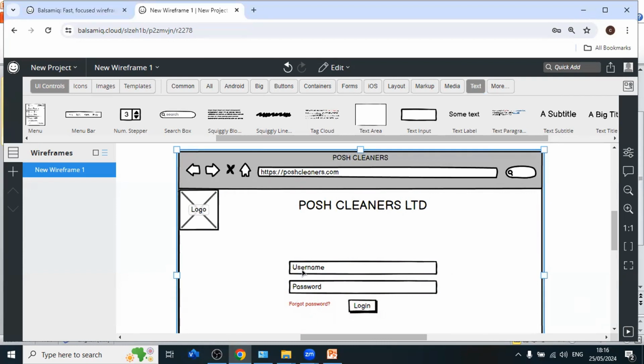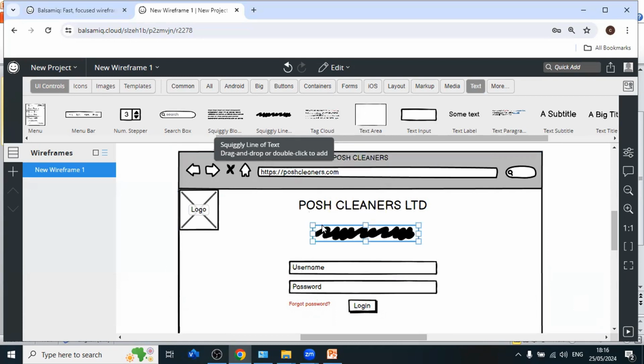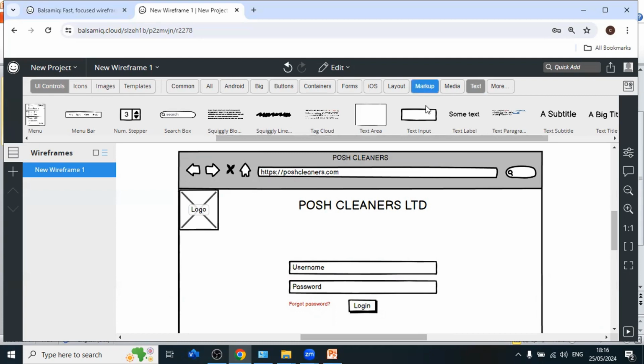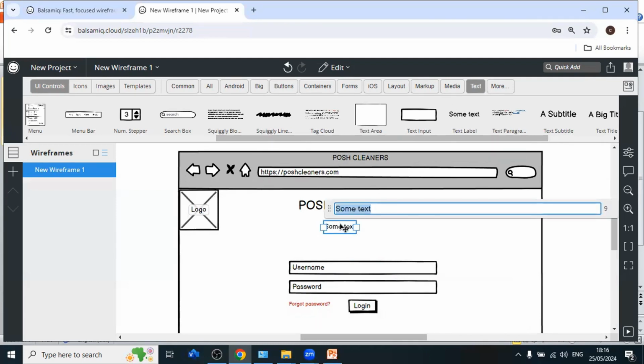So maybe the company has like a headline, something like reliable, thorough, trustworthy, and all of that, and you don't really want to input it. You can choose to use this squiggly lines, okay, to do that. So just drag it, or if you don't want to use that, you can always write out the text. I don't know if that makes sense, okay, but just for the sake of consistency, let's continue with what we've been doing. Okay, so we'll call that our headline: